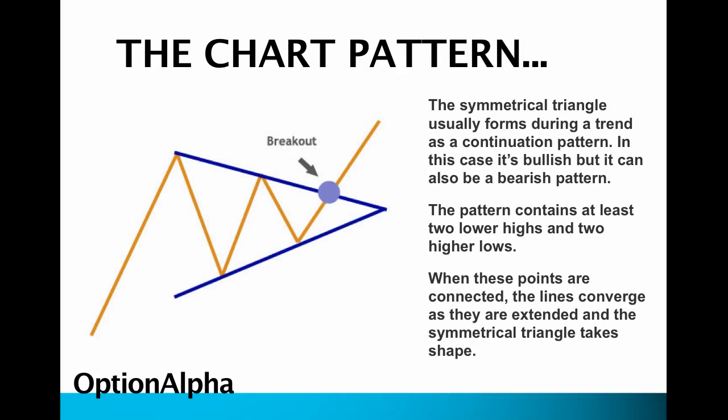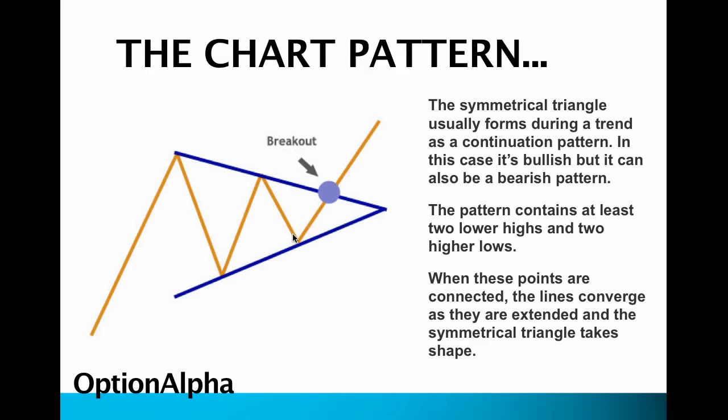But the more important thing to realize is that you have to have an already established prior trend as you're heading into this. So this is not a market top, it's not a market reversal on the bottom, it's in the middle of a trend. And in this particular instance, we have a bullish trend that's already established. Once the bullish trend is already established, you're going to start to see some consolidation. That's basically all this triangle is, just an area of consolidation. Some people would call it just kind of a breather that the market takes. It makes a quick move higher and then takes a little bit of a breather and consolidates